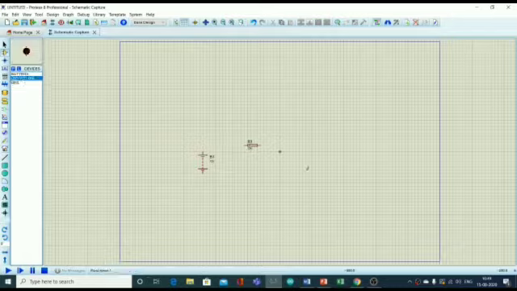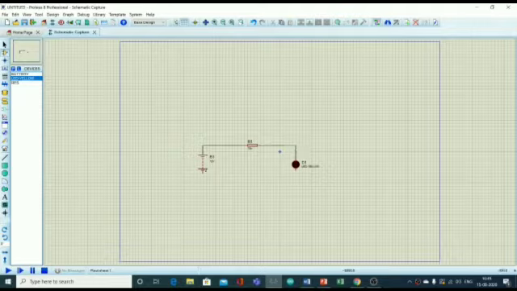Even without using a resistor, we will get the same output. But in real-time applications, if we connect LED directly without using a resistor, it may cause damage to the LED due to fluctuations in current. So it is important to use a resistor. After completion, run the simulation and check whether we are getting the expected output or not, and stop the simulation.